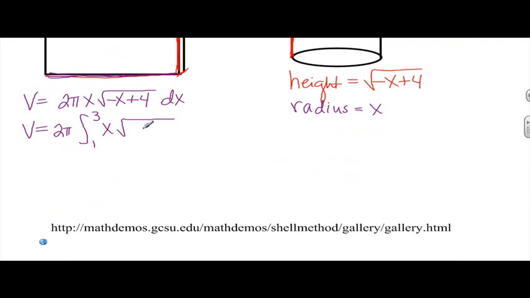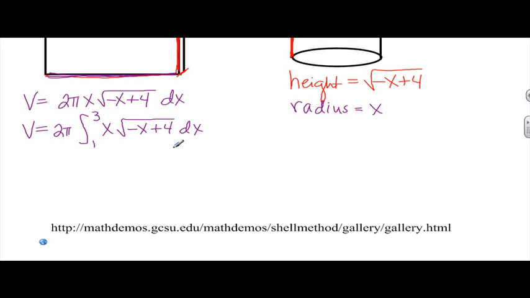Now, that particular definite integral is not one that we could do without the calculator. That's not one that we could do at this point in our studies by using the fundamental theorem. We don't know how to anti-differentiate x times square root of minus x plus 4 yet. But to generalize, what we're looking at here,